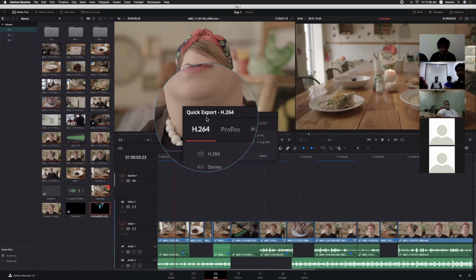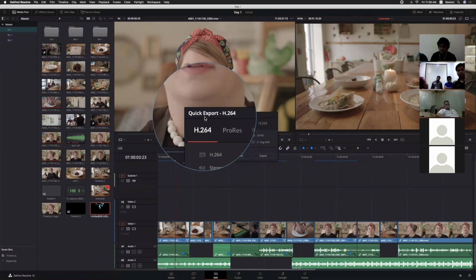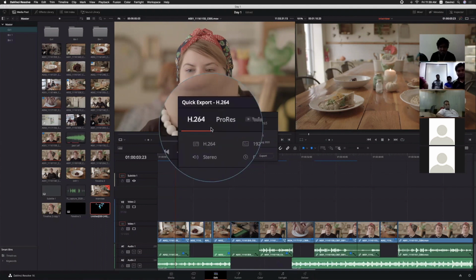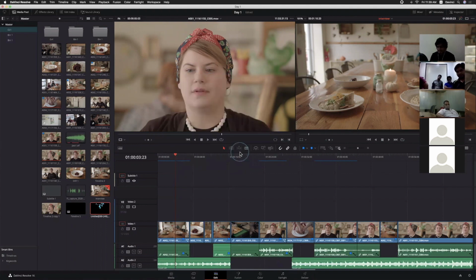Once you create any preset, let's say one for YouTube, maybe 4 to 5 presets, we can access those presets within the quick export. No need to go to the deliver page each and every time. Okay. But for the exporting session, we'll start with the deliver page. So whatever the selected timeline.